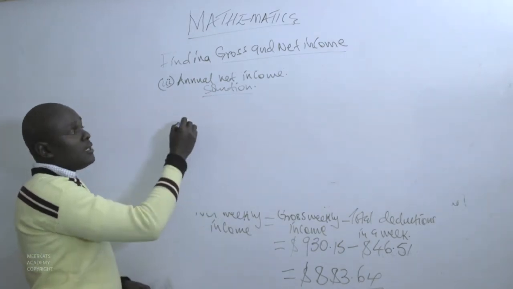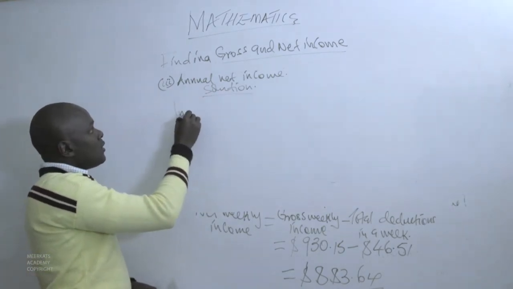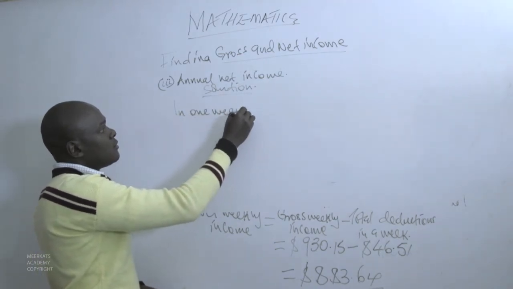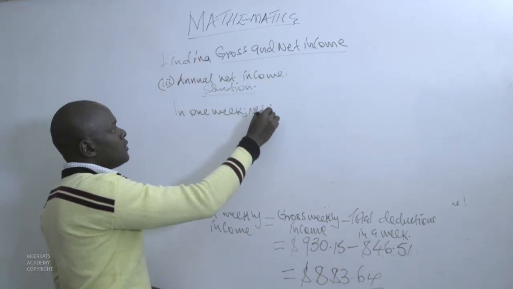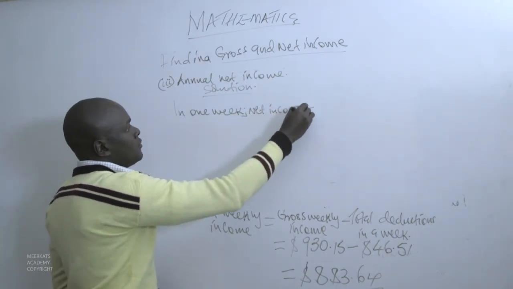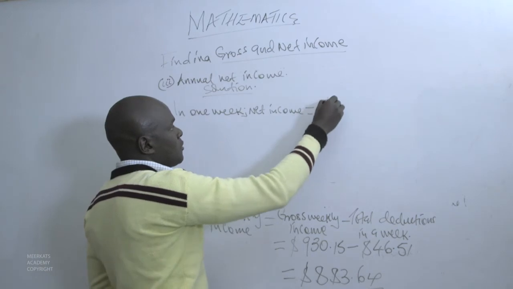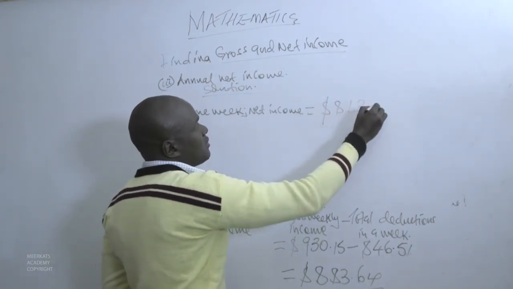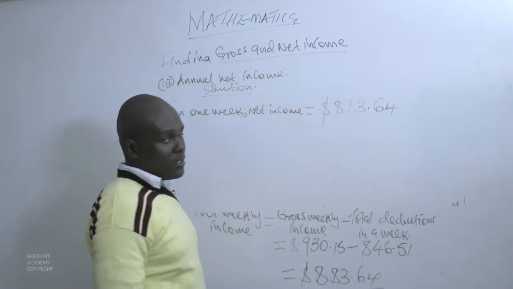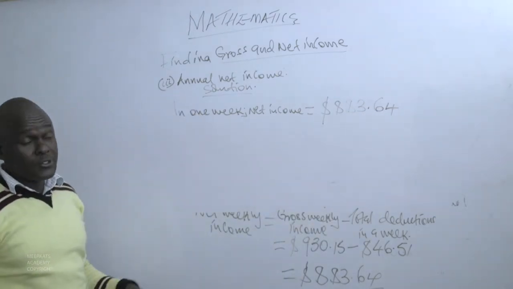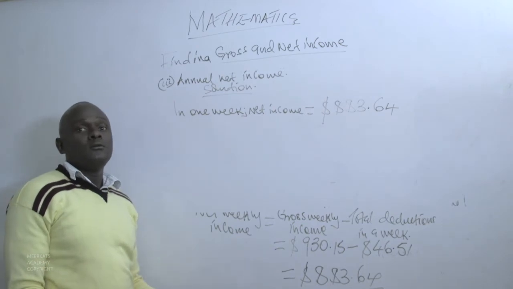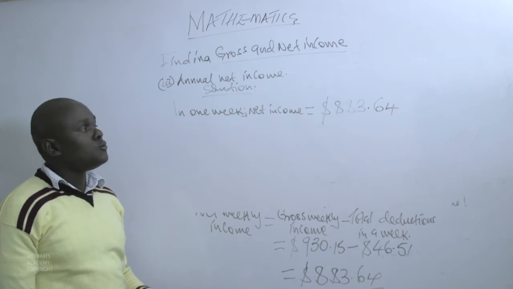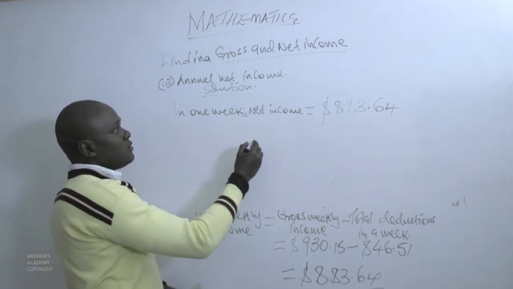So that basically means in 1 week, net income is equal to $883.64. How many weeks do we have annually? That is in a year. Those are 52 weeks. So that means